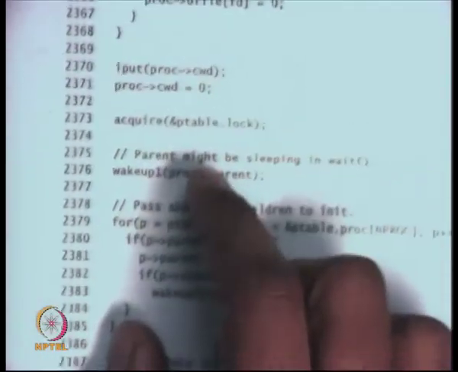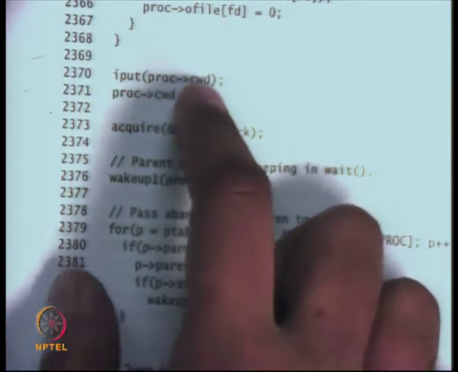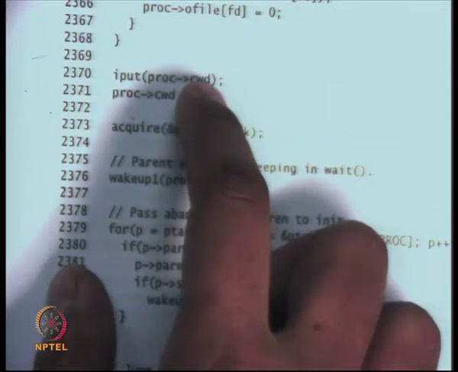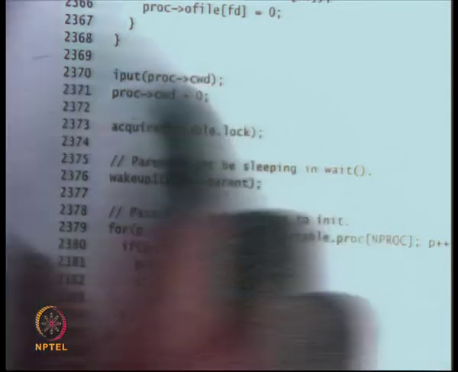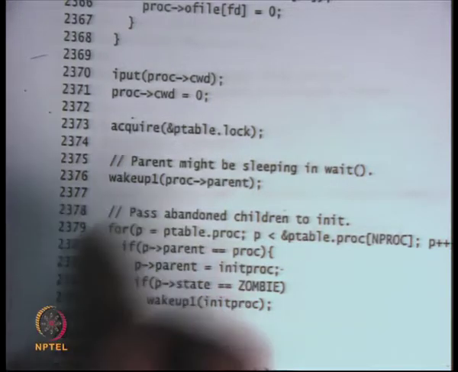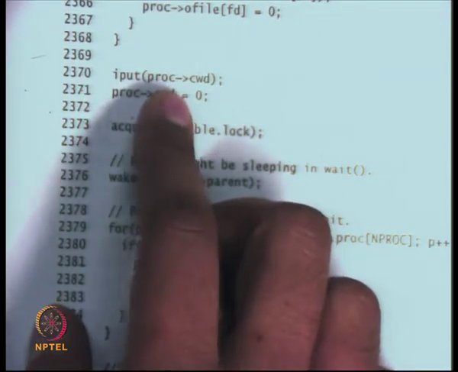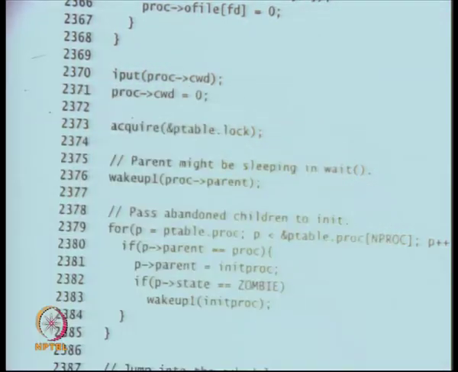Also, the process that was currently running has its current working directory, the CWD, and the file system knows that this process is accessing this particular directory. So nobody can delete that directory from under its feet. For that reason, there's a way to lock that directory, and we're going to discuss this when we discuss the file system. So on exit, I'm unlocking that directory. If some other process wants to delete that directory, it's free to do that.